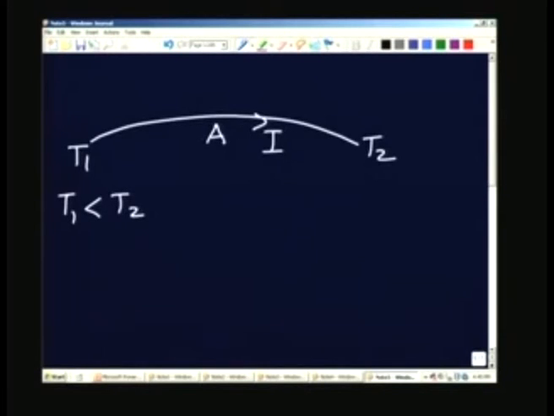The direction of current is this. That means the electrons are moving in this direction, electron flow. This is a material, this is A, which is assumed to be a homogeneous material and is in the form of a wire for our particular purpose. Now, the electrons are moving from a region of higher temperature to a region of lower temperature. So, they will release heat, give out heat.